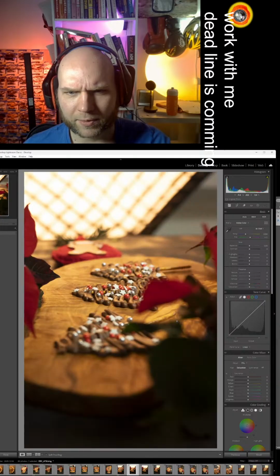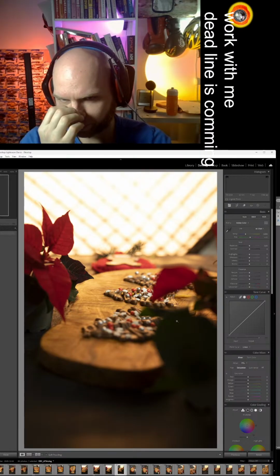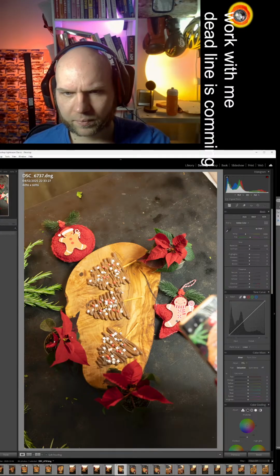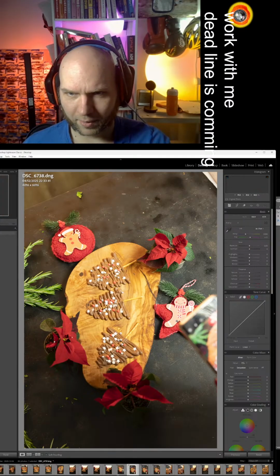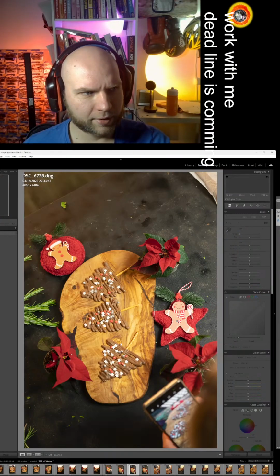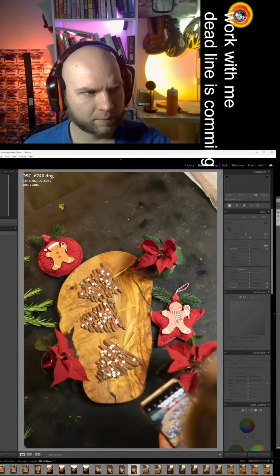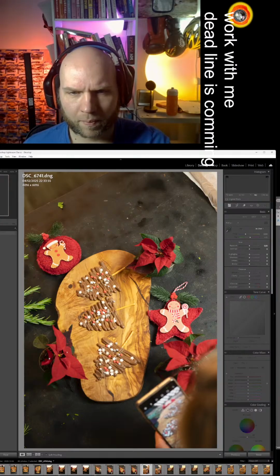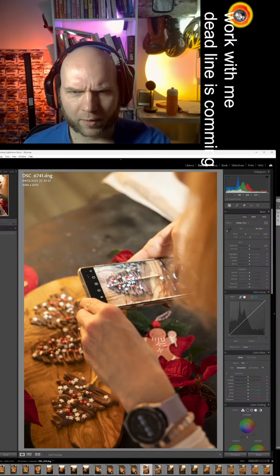That's also nice. Okay, let's compare those last two, this one and that one. I think the second one is better. Those from above, also good and nice. No, some people like those kind of photos.